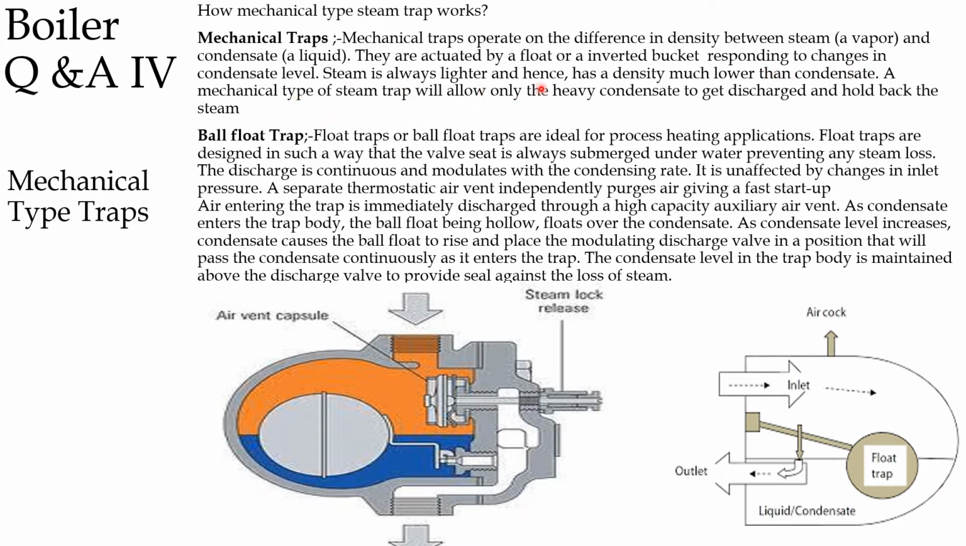Steam is always lighter and hence has a density much lower than condensate. A mechanical type steam trap will allow only the heavy condensate to be discharged and hold back the steam. This is the schematic diagram of a float type steam trap. This is the inlet line, this is the air vent, float, and this is the outlet line. Liquid condensate will go out through this